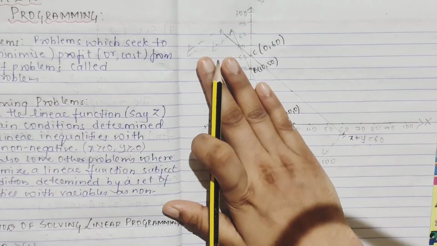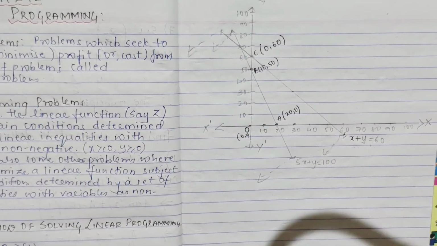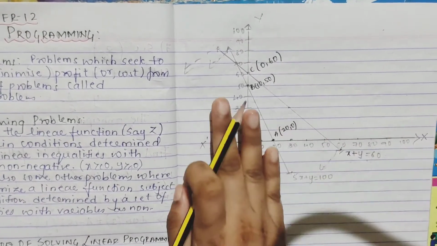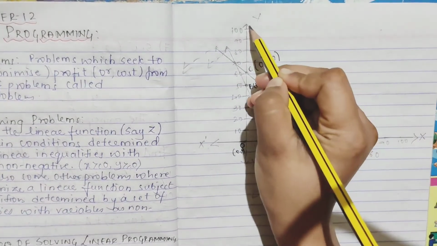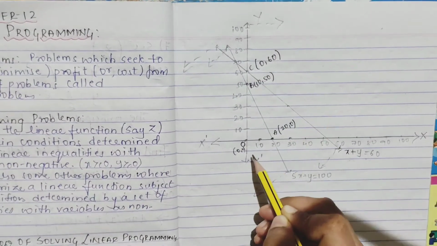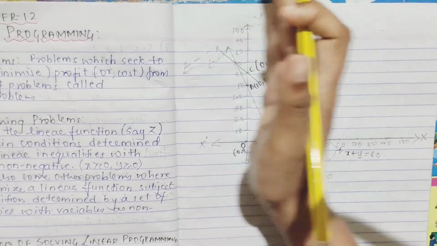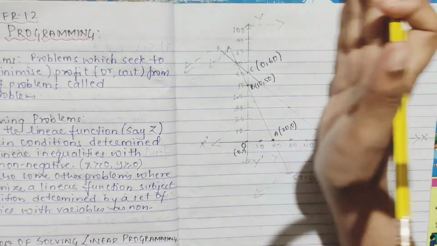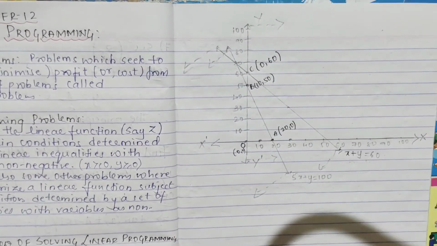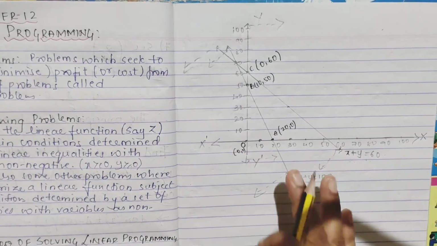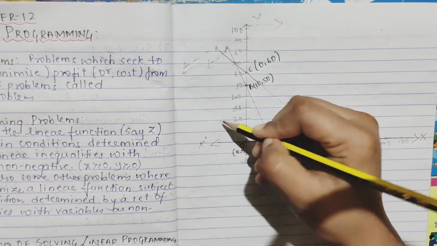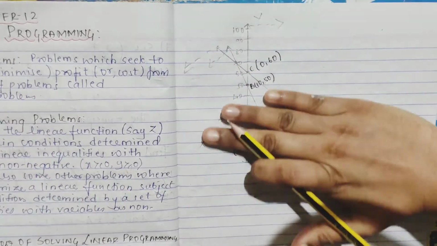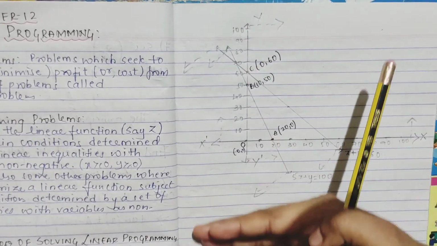Now your third constraint was what? x is greater than or equal to 0, means x is positive, it should not be negative. X is positive means on your x axis, this side will be the positive side, right? It can't be on the other side. So this section it comes. Again for y also positive, the fourth constraint. On your y axis, it will be in this region, because it should be positive. This side it is negative, right?